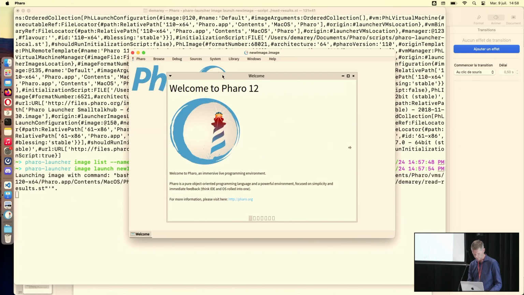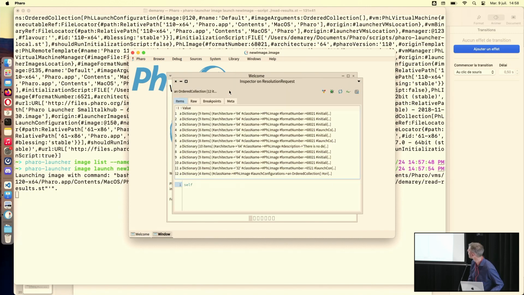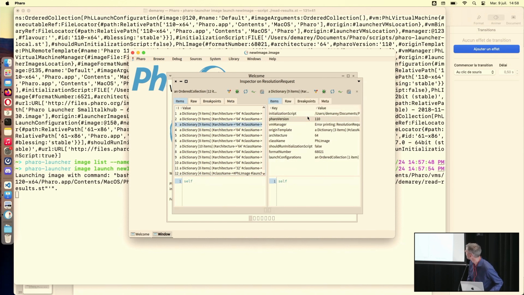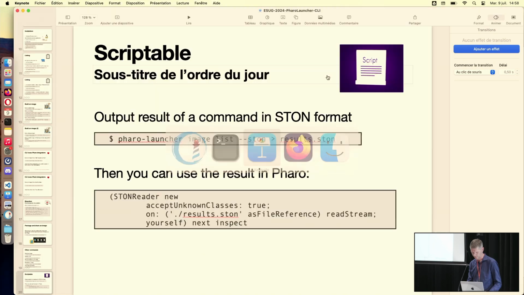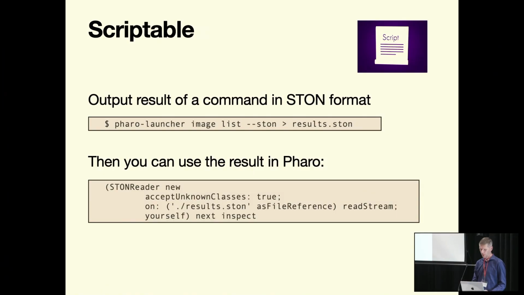I do that. Okay, I have it. So I have a dictionary with the standard information. If you want objects, you will need some basic Pharo Launcher classes. That's all.